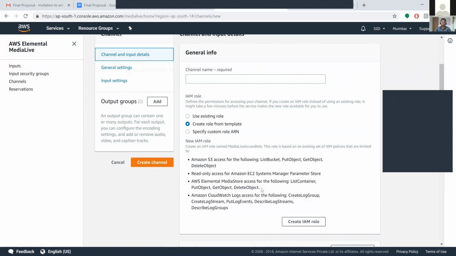And for CloudWatch Logs, access for the following: create log group, create log stream, put log events, describe log streams, and describe log groups. Considering all these things, you will create an IAM role.